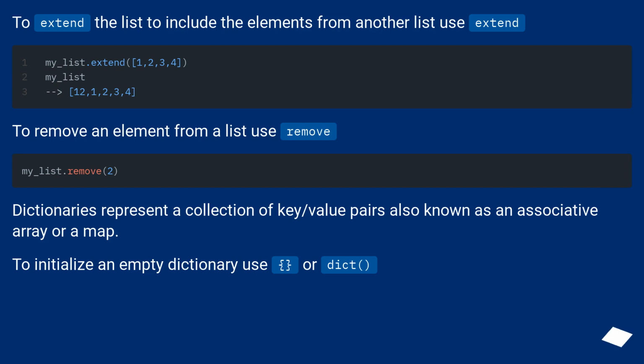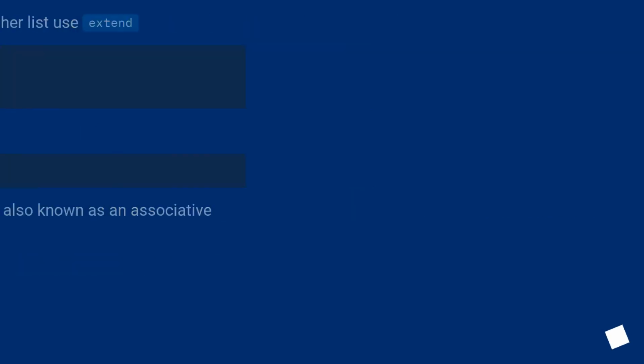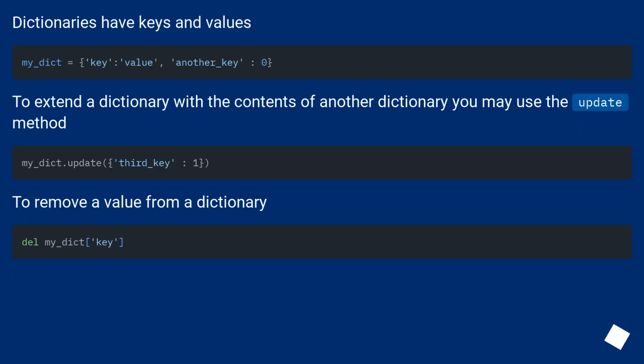Dictionaries represent a collection of key/value pairs, also known as an associative array or a map. To initialize an empty dictionary, use this or dict. Dictionaries have keys and values. To extend a dictionary with the contents of another dictionary, you may use the update method. To remove a value from a dictionary,